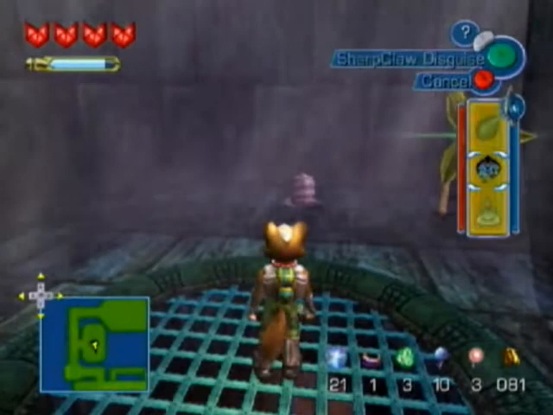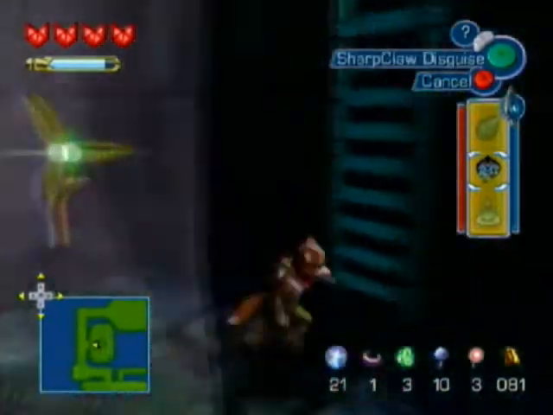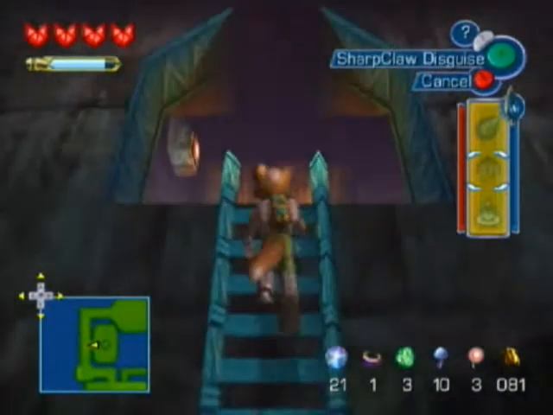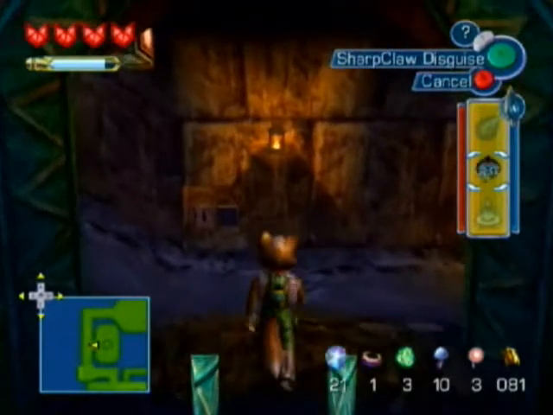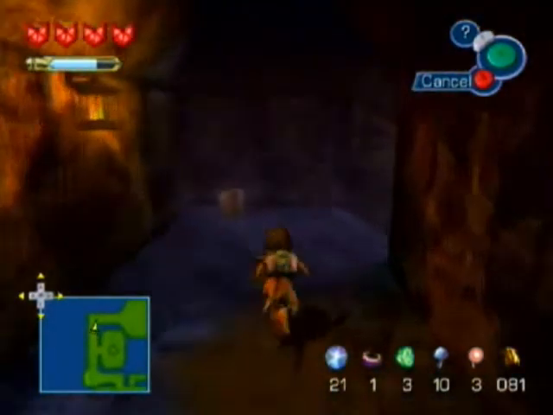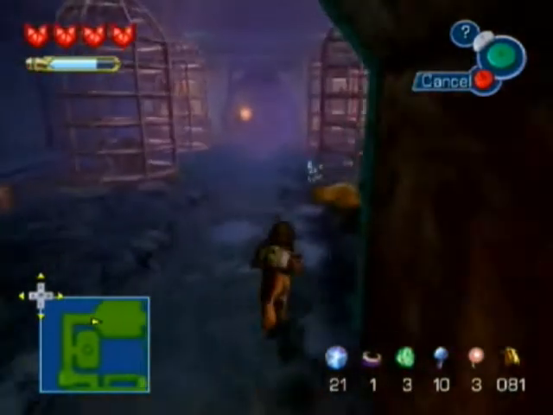So what that did is actually give you this thing right here, the Sharp Claw disguise, which does use up a little bit of energy if you watch the energy meter, but it is very useful in this area because now we're Sharp Claw. You can press B to get rid of the disguise, but we don't want to do it. So if you go up to this guy...